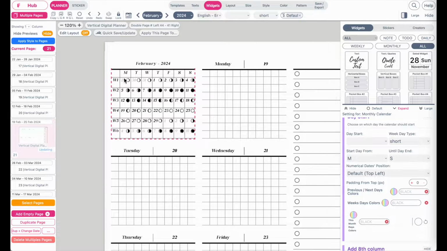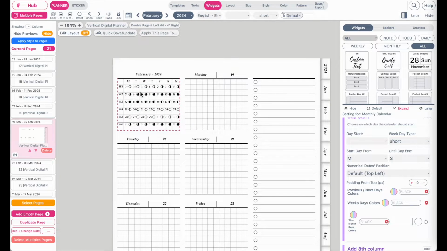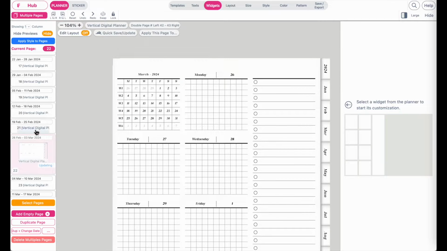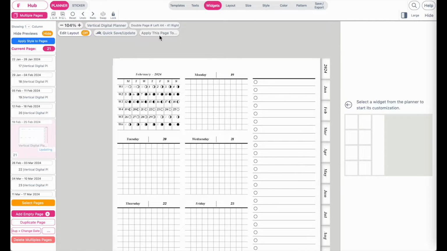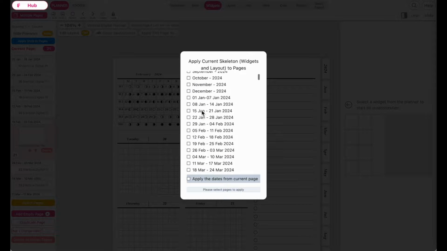So maybe top left would be the easiest for this small calendar. So I have it set like this. Then if you want to add this calendar to all the other pages, you can do it again, go up here. You want to just select all the weekly pages in the planner, and this you will need to